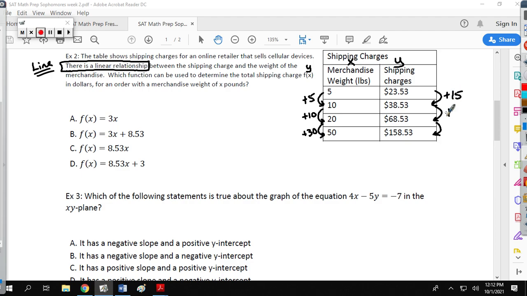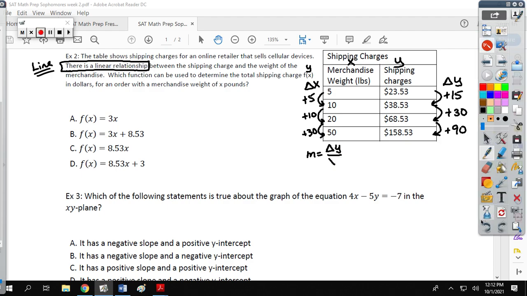We can do the same thing for the other two lines. We have a $30 increase between line 2 and line 3, and we have a $90 increase between lines 3 and 4. Now, the challenging part here is that it does not seem to be a constant rate of change, but it is. See, when we do rate of change, we are always putting the change in the y over the change in the x. And if you check on your calculator real quick,